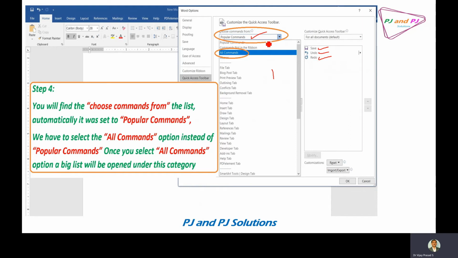Now you have to click on this drop-down button. Then you will find another small box on the screen. In that box, you have to search for All Commands. Here it is, All Commands. You have to select All Commands.